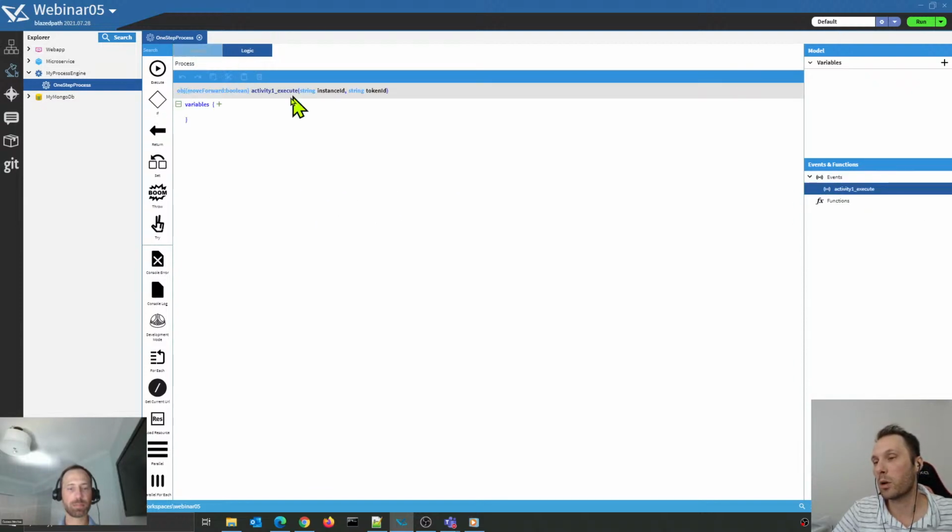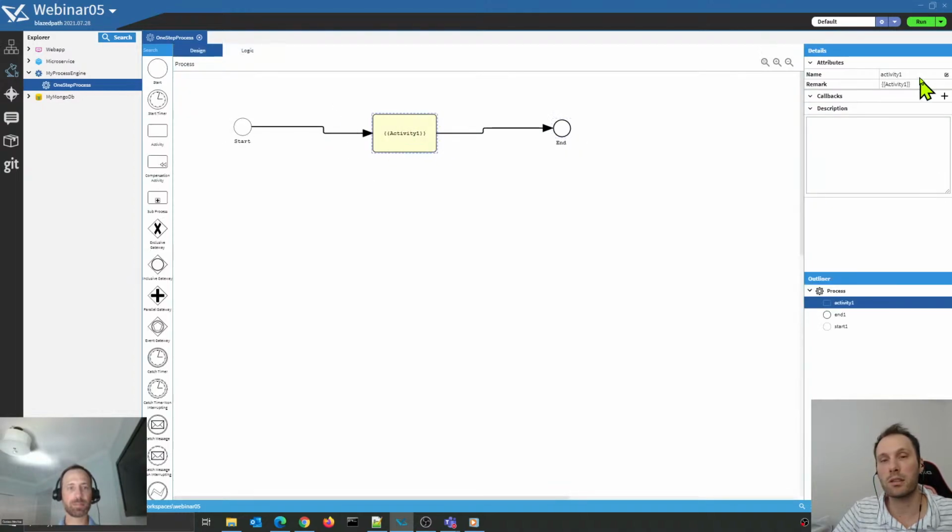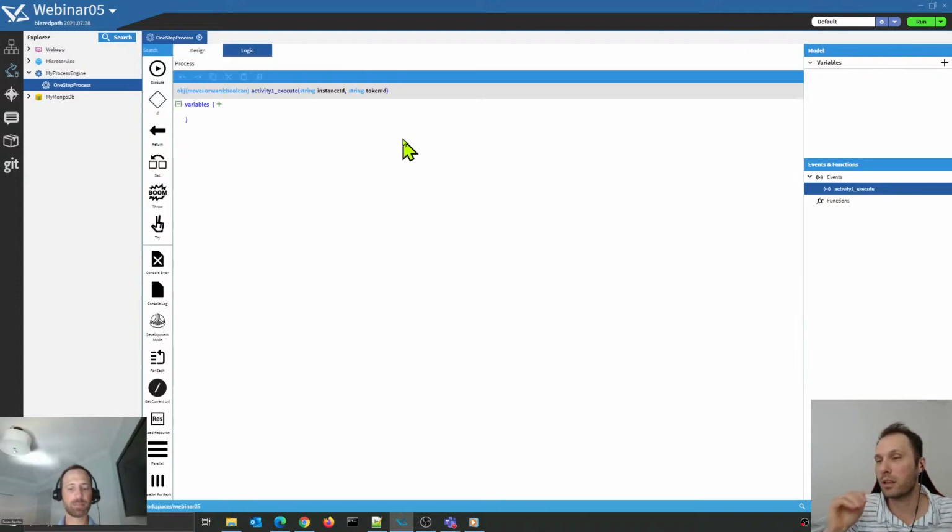This is the activity number 1. This name, activity number 1, comes from the node itself. This is the ID. So if you want to just directly double click on the activity, it will take you directly to